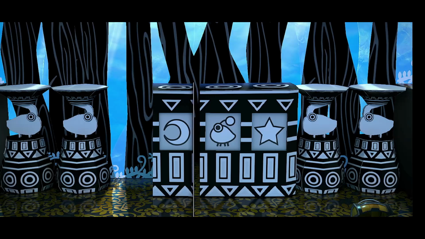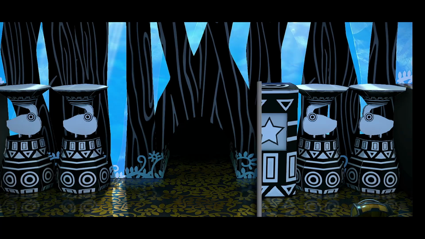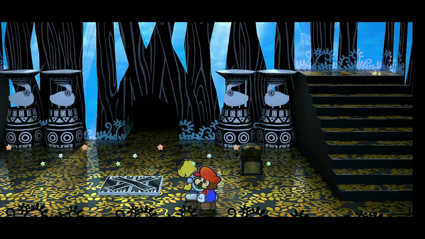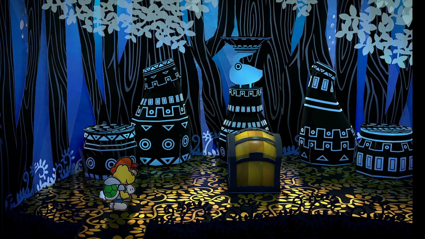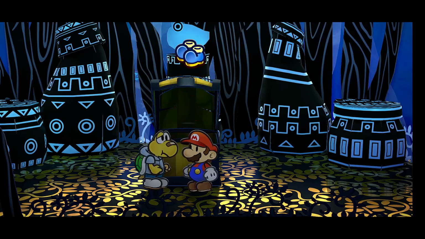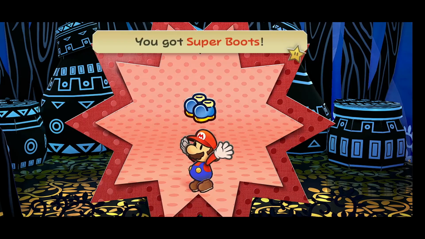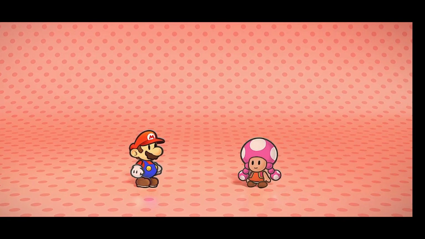These rolls of paper will roll away, leaving us a doorway behind the pillars. Fun. What's behind this big door, you may ask? Well, it is the biggest chest you'll ever see. And what's inside this chest? We have a new pair of shoes! Super boots! This will be a very big part in the upcoming chapter, and after we are done with this